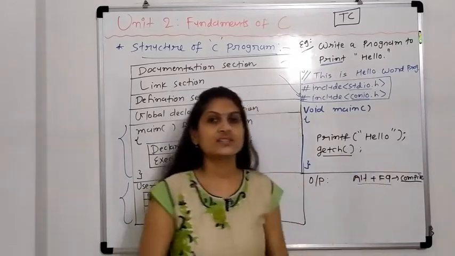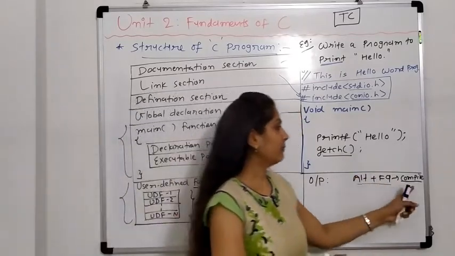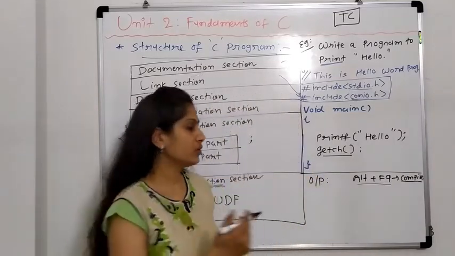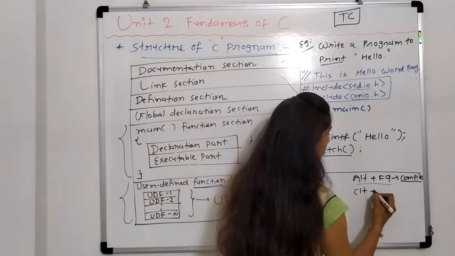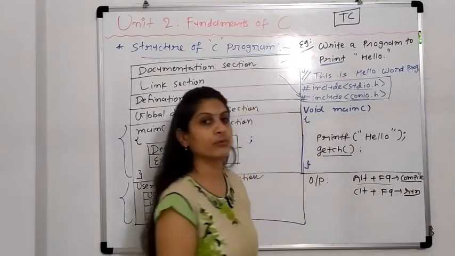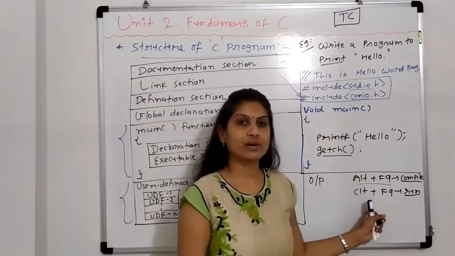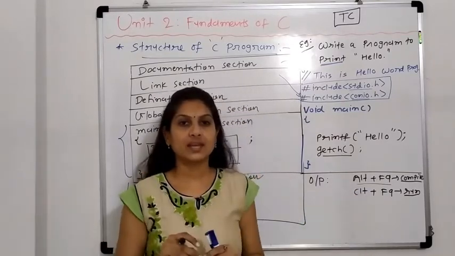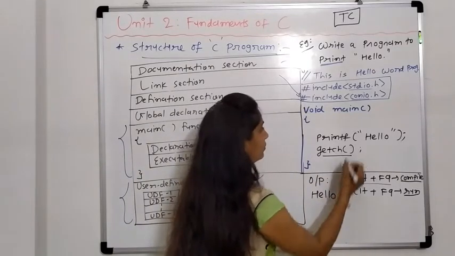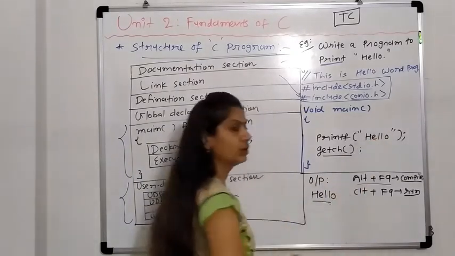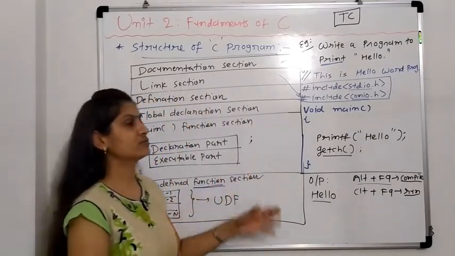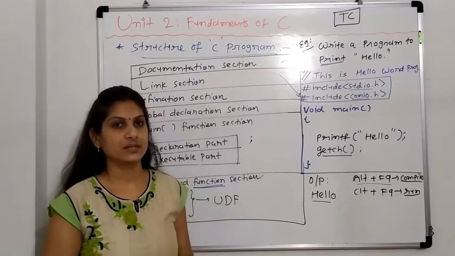Add the semicolon. Now check again, and when there are no errors in the compilation, meaning errors are 0, then you have to press Control F9, that is run the program, execute the program. And when you run the program, on your black screen the output is displayed, that is this hello. Clear? So this is the first program that you have to try for the first practical.